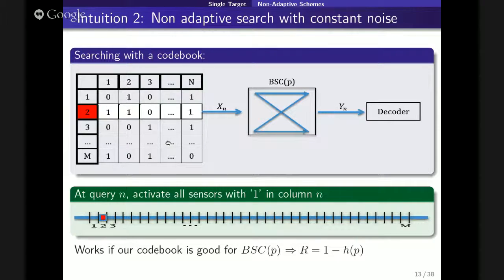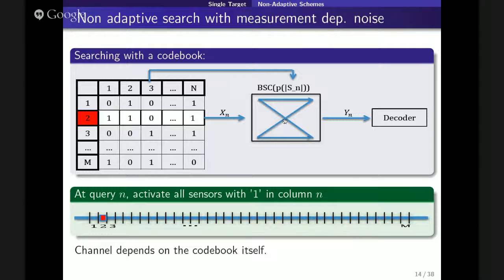The optimal random coding prior. But now, once we add measurement dependent noise, under this scheme I showed you, the size of the region basically corresponds to the number of ones I have in a column. Because if all the columns are ones, I query all the intervals, and if just some of them are ones, the total size corresponds just to the number of ones I have in a column. At least when we speak about the unit interval, otherwise things should be scaled.